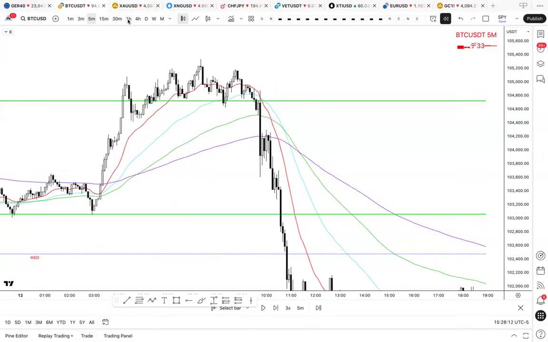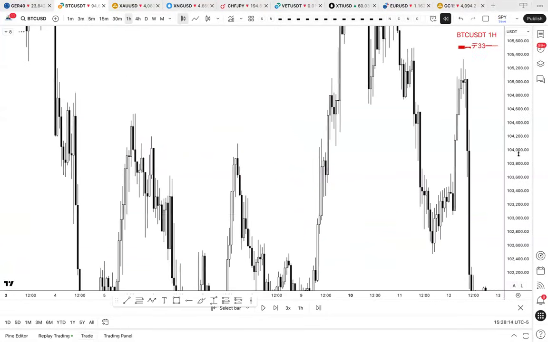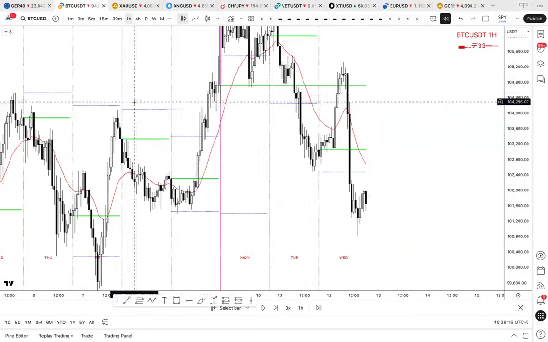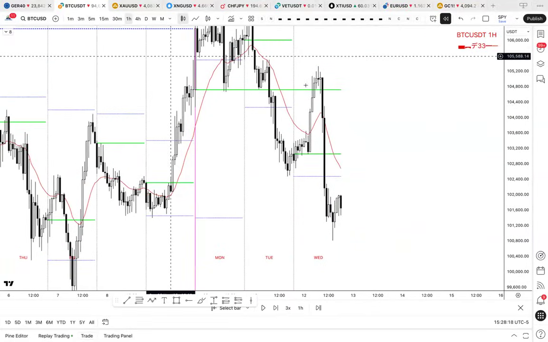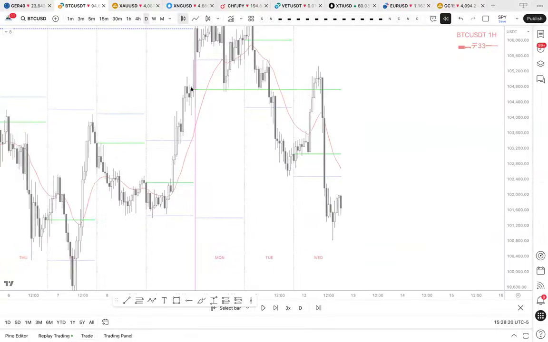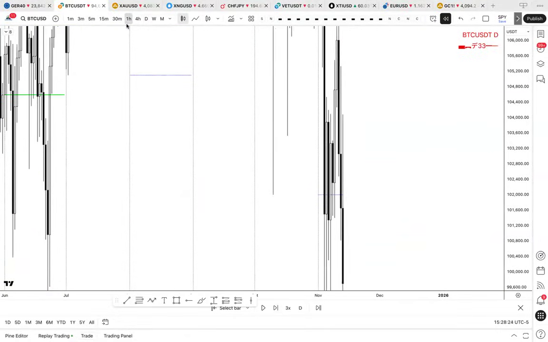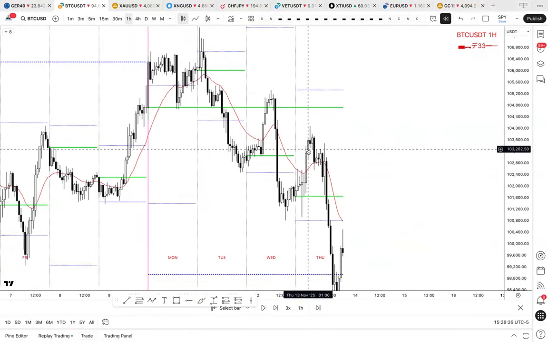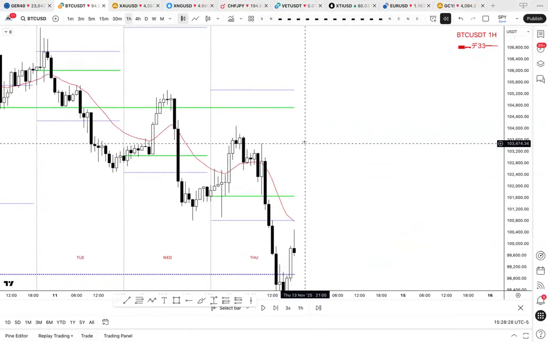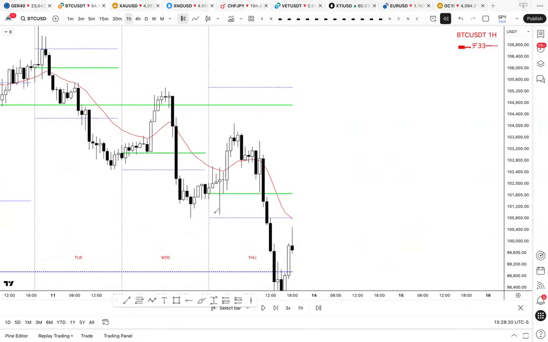Pump, coil, dump. So let's go to the next chart because the rest of the week was literally just pump, coil, dump. And I'm just going to show you one more example just to show you guys it doesn't have to be perfect. I'm not looking for perfect. I'm just looking for pump, sideways, dump